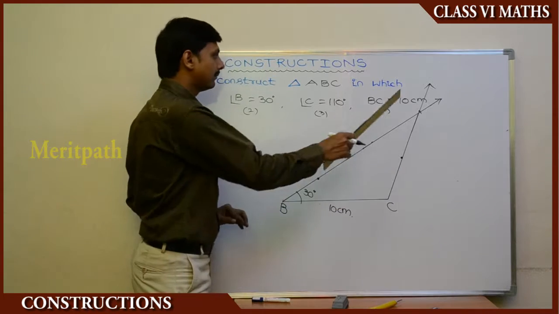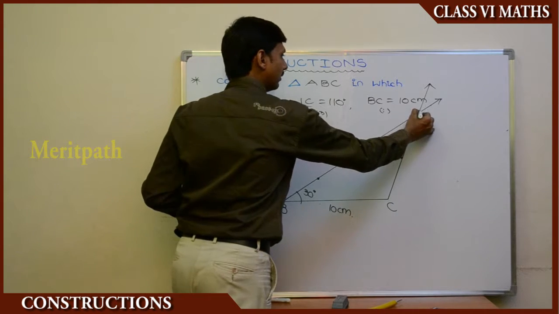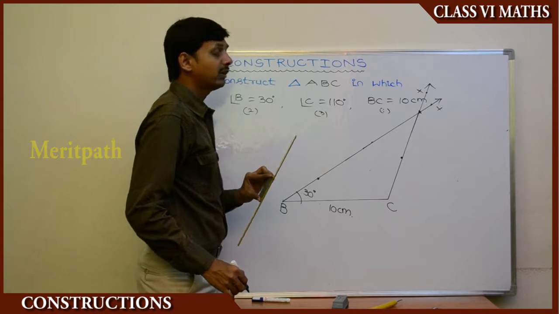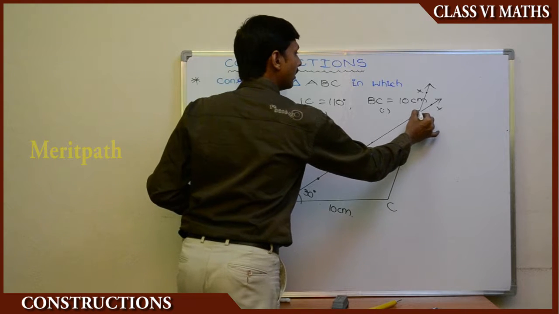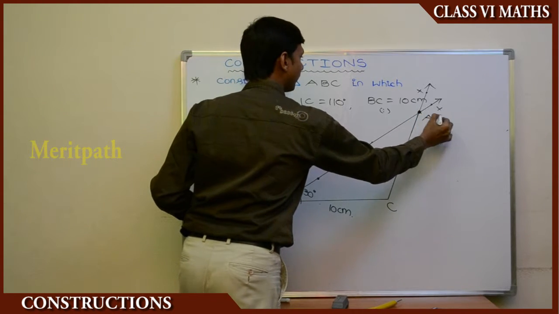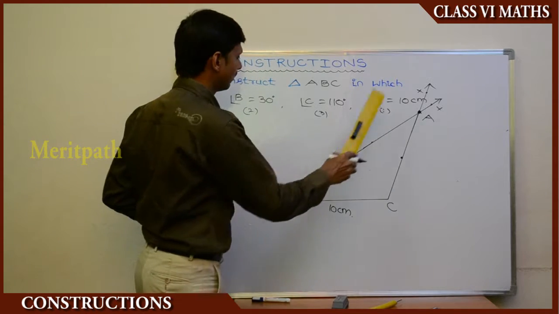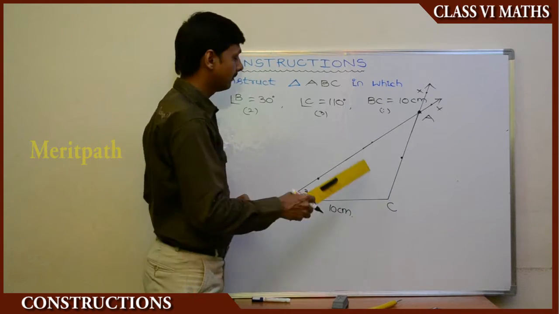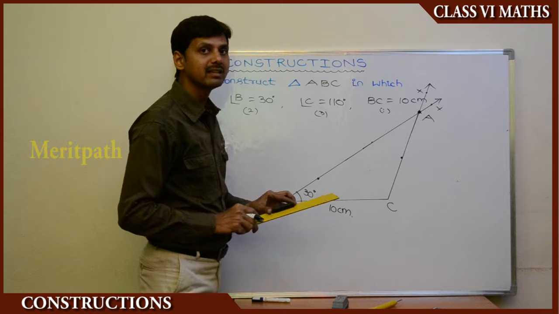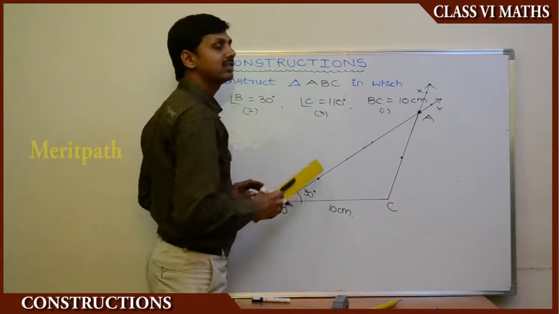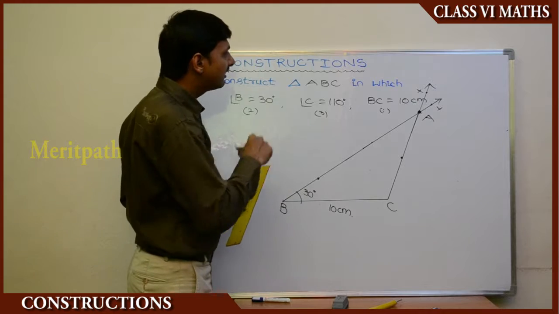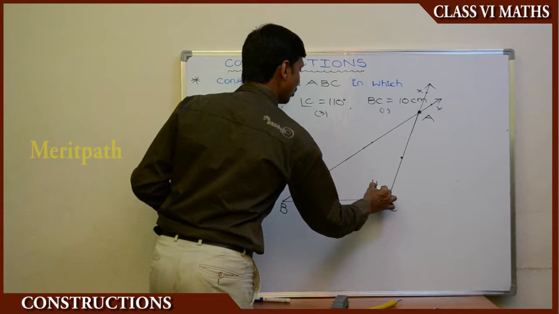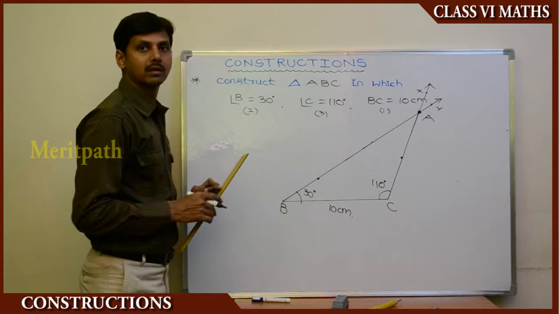The ray CB has X and here Y has been taken, and then these two rays are intersecting at one point. That point is taken as A. These two rays, BY and CX, are intersecting at one point. That point, let's take it as A. So now ABC is the required triangle, constructed using one side and two angles. Angle C is 110 degrees. So this is the construction.